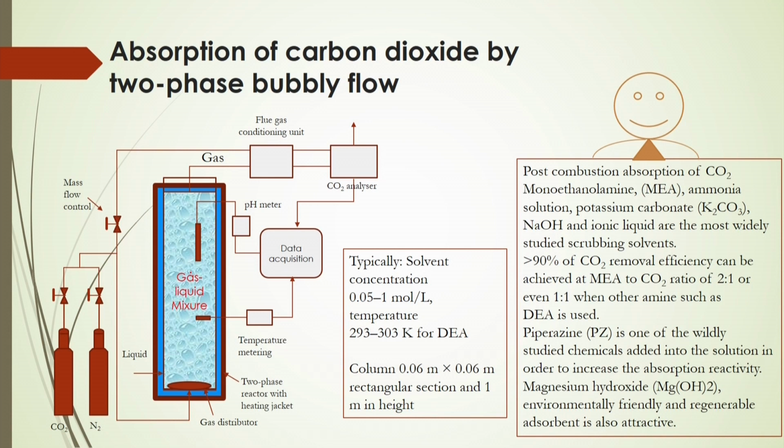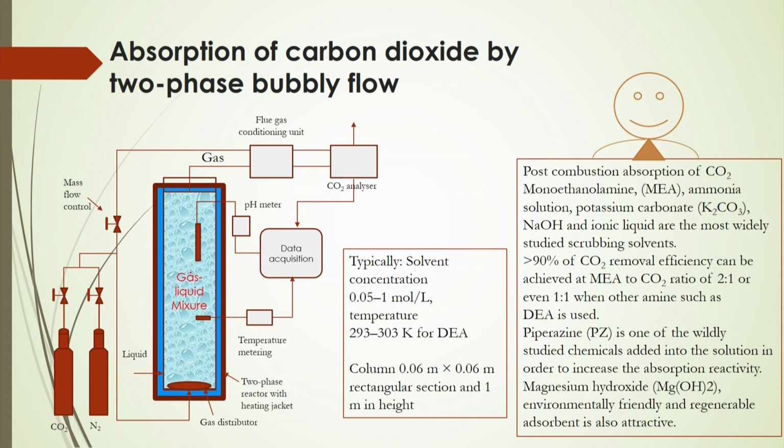mass transfer. Now, in this case the number of molecules transferred, or you can say the flux of the molecules, that is, the moles of gas or carbon dioxide transferred to the liquid per unit time, per unit cross sectional area, or unit surface area. So, it will be called a flux. That flux will be proportional to that driving force of concentration differences, and that proportionality constant is called the overall mass transfer coefficient.